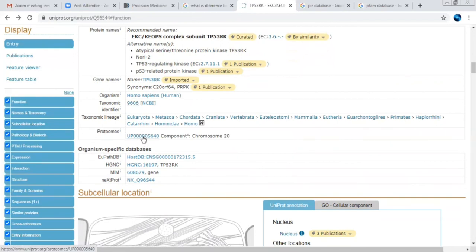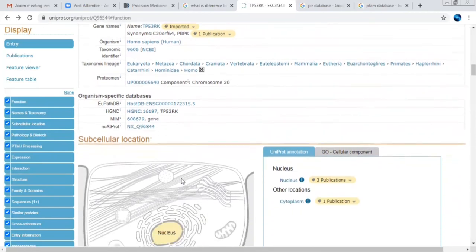And this is the proteome database, so here you can directly view the proteome database and see what data they have provided to you. Organism specific databases have been given, that is EuPathDB, Human Genome NCBI database, MIM database, and neXtProt database. It is also one of the UniProt databases, and you will get the data from that.